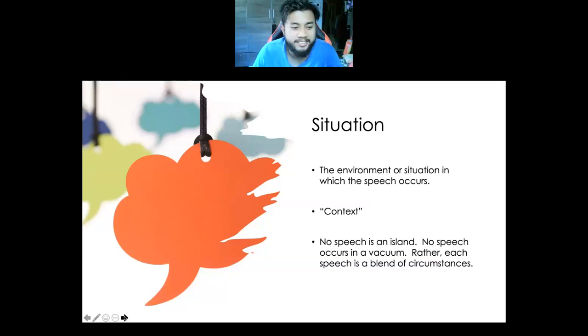So meaning that you need to understand your situation, you need to understand the surroundings very well, so you can pinpoint and write down your speech based on the situation. That's why normally the organizers will send you the list of audience and the venue of the place. The venue also gives